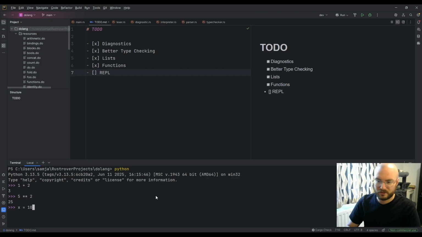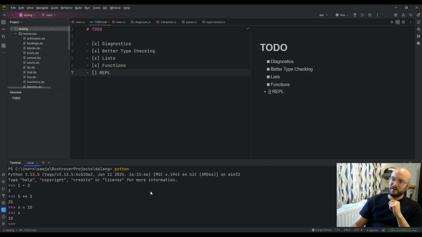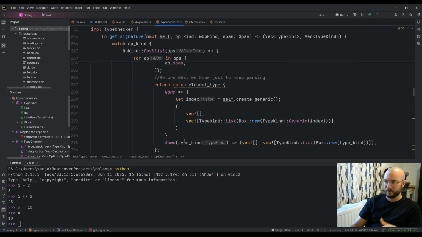So I can do this, and then I can say X, and then it gives me back X. It feels very easy to get to this point with what I have currently with Do, because kind of by accident my type checker and my interpreter are reusable.